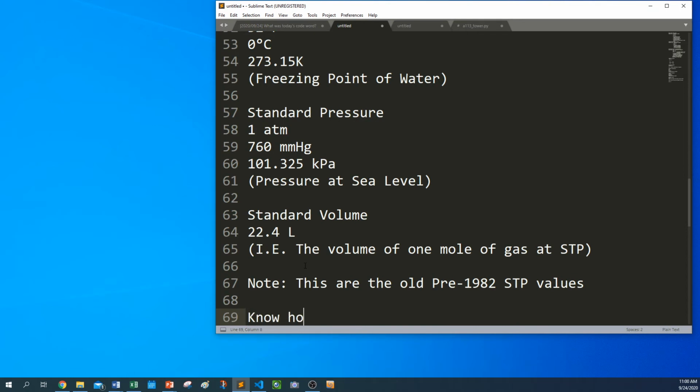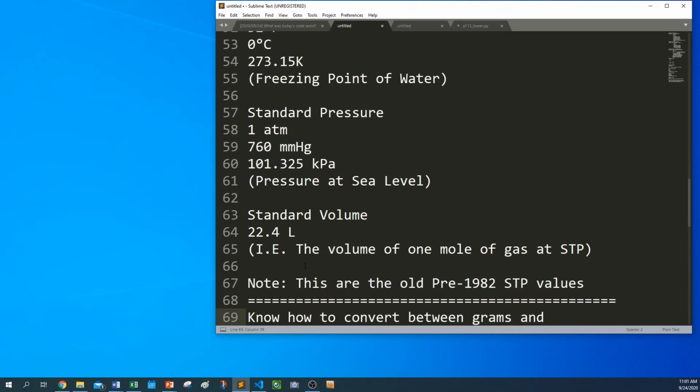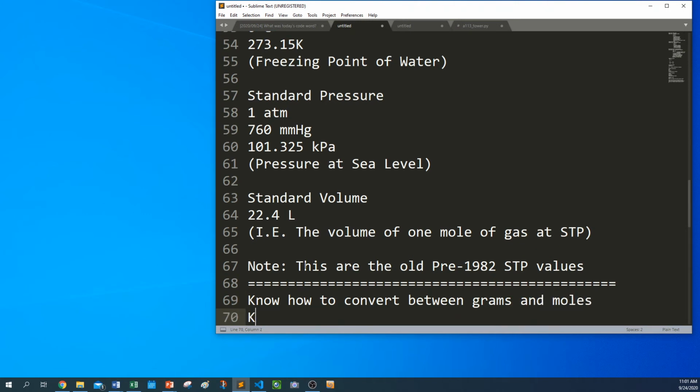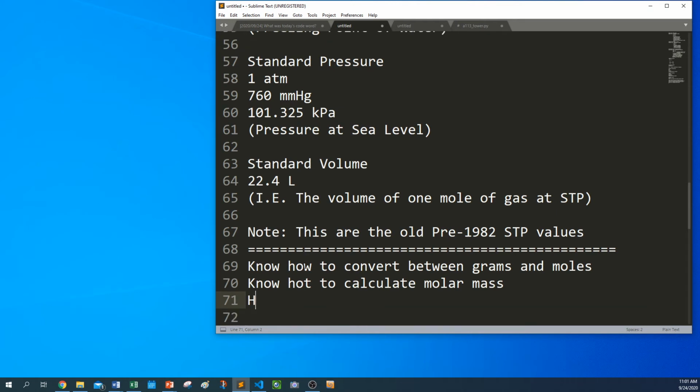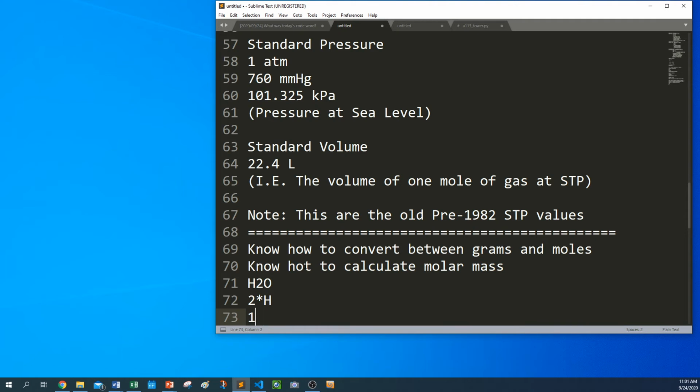Know how to convert between grams and moles. Know how to calculate molar mass. For example, of water. Water is H2O. We have 2 times H, 1 times O. So that would be 2 times